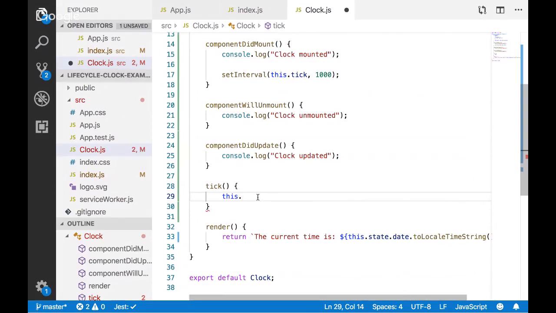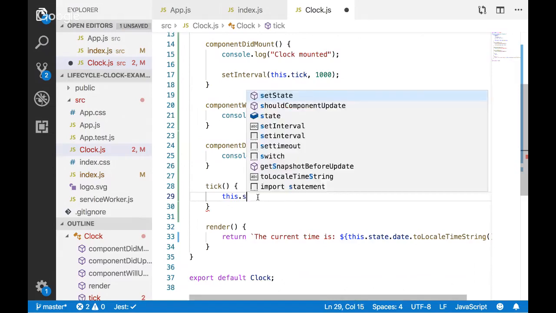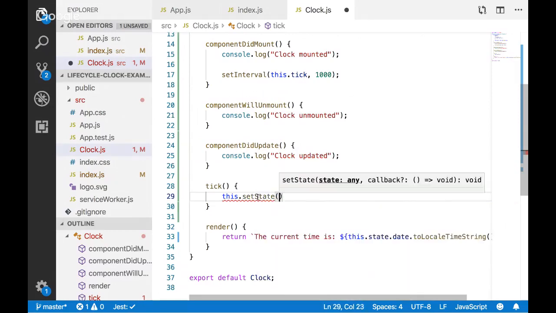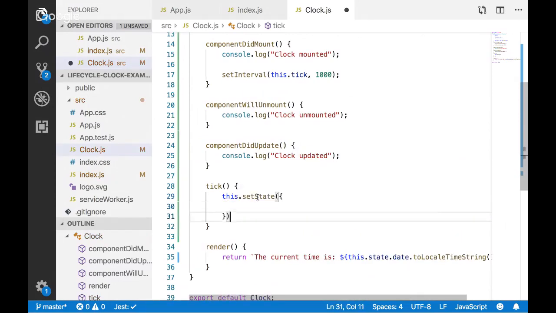All right, does anybody remember what we call to update the state? That's right, this.setState, right? And then what we want to do is pass it a new object that it's going to mix into the existing one.